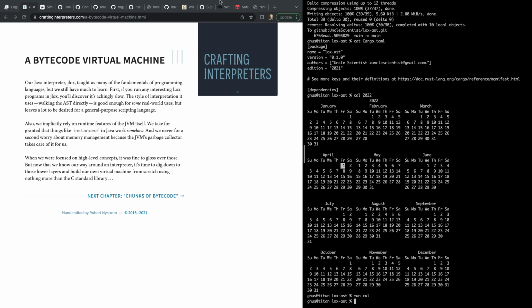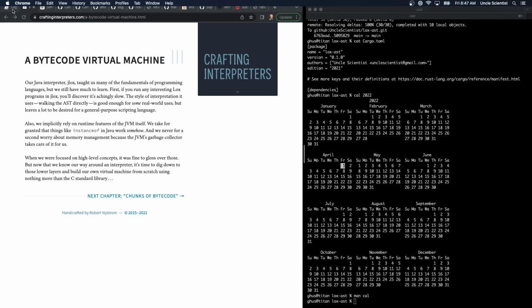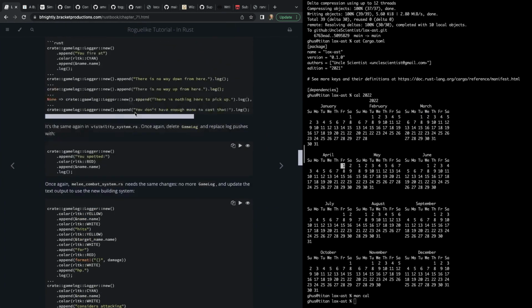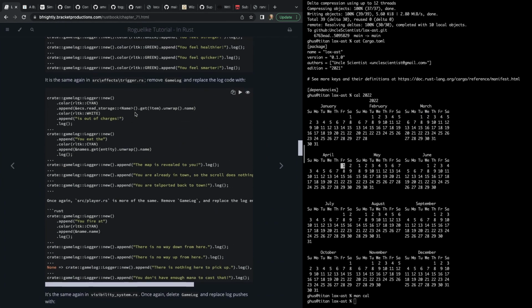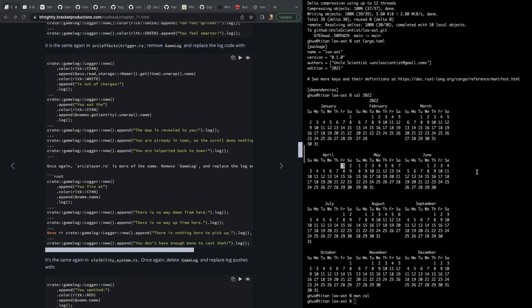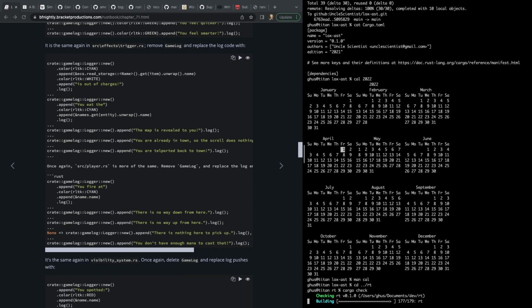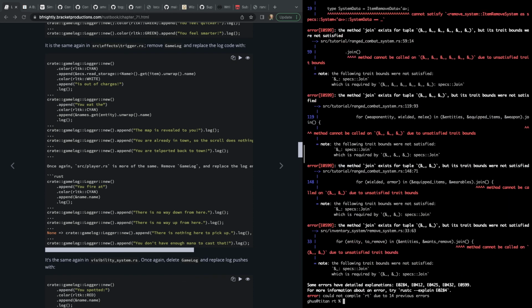So next week, we're going to continue with the Rust roguelike tutorial. If I can get the tab to show up and get the logger working. We were partway through this, and it's kind of in a broken state right now. There's all sorts of errors that we need to clean up because we changed the interface for it. And I have to remember how it all works. And then we'll finish that up, the roguelike tutorial, and actually have a roguelike game to play,